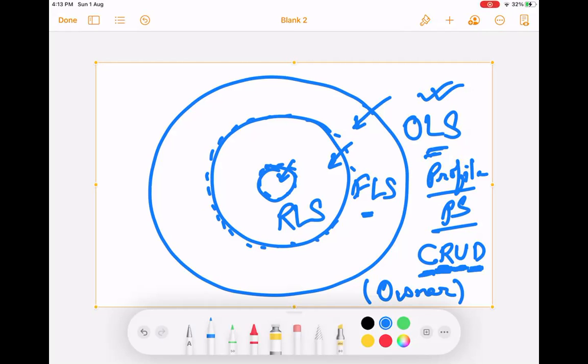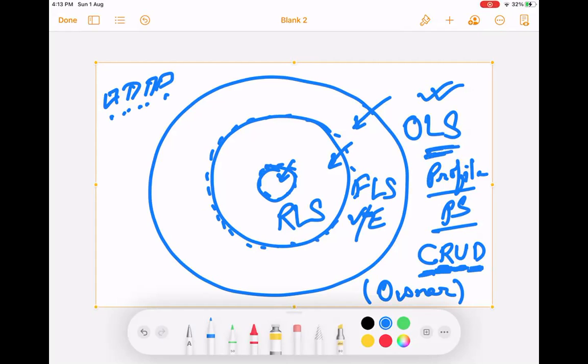That is important. The second level permission is field level permission. Every table has multiple fields. Every object has multiple fields wherein we store the individual data. Whether that field is available to see, and if it is available to see, can I edit that data? So visible and editable. There are only two types of permissions in field level. Even if I can see the whole table data, I may not see some column data.